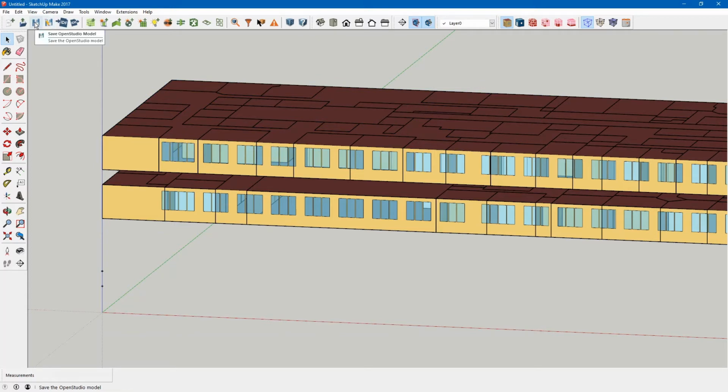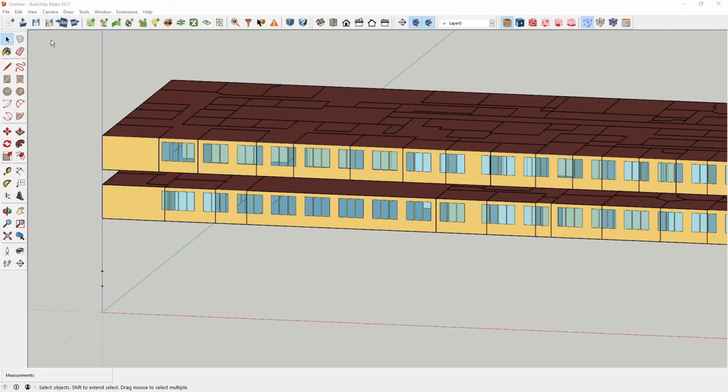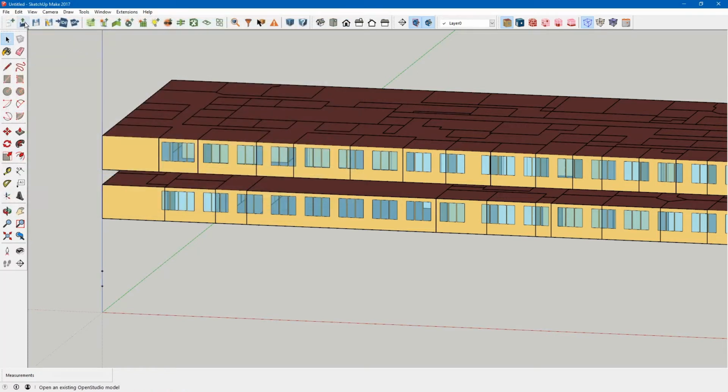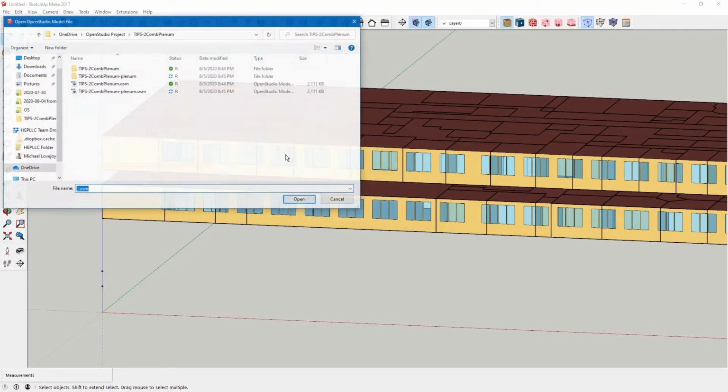So we'll go ahead and save this model, and we'll actually save this as the plenum. So we're going to save it as a separate file, and we'll go ahead and reopen the original,